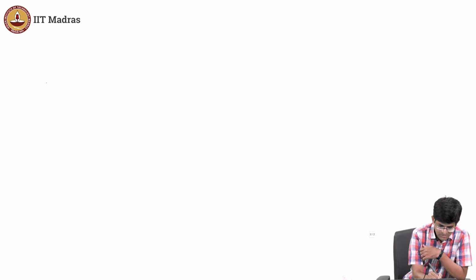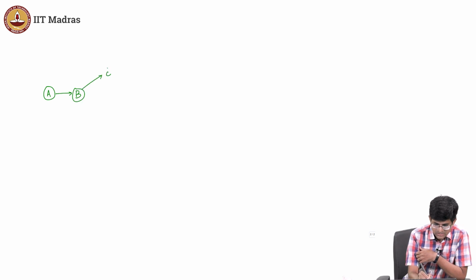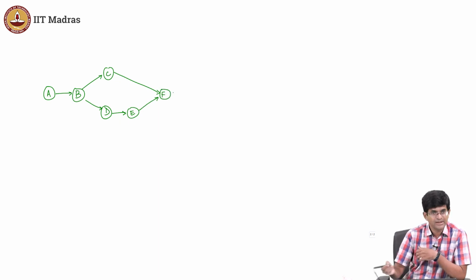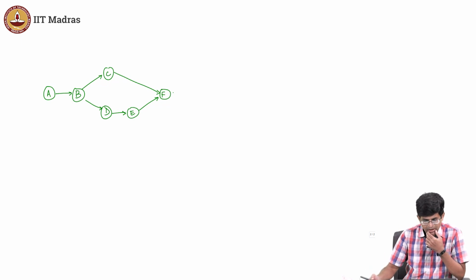I could, for example, build up a system where I have A feeding into B and then B suddenly branches out, right, and then D maybe goes through a little bit more computation, but then at some point both of these feed back into a single system and then they combine, right. Now, how do you analyze a system like this? You can do something very similar, right. How do you first of all build such a system, right, and over here the shell pipeline starts breaking down, right. It's not easy to do it.